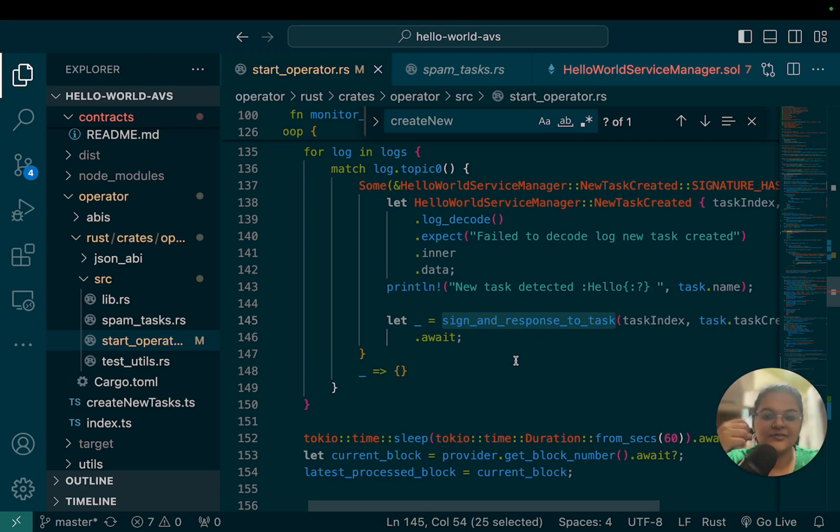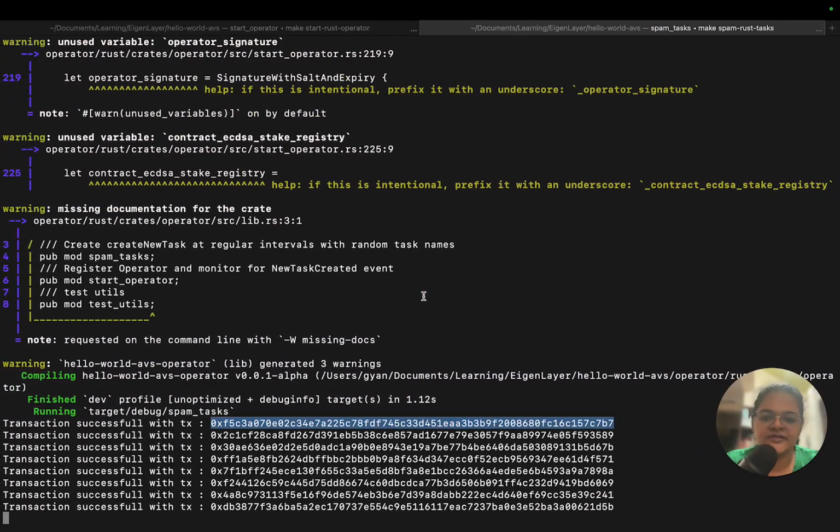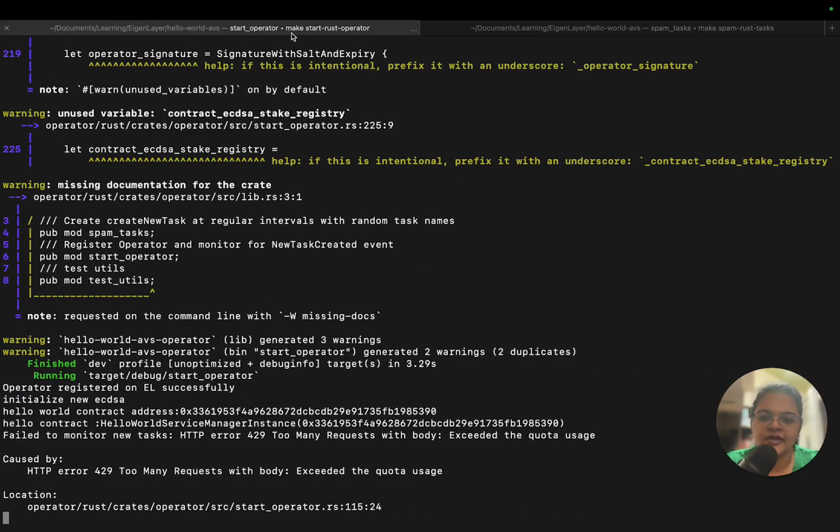Of course, you can build something more complex like adding oracles like price feeds and getting the operators to actually get the current price feed, sign it off and send it to the AVS, and different interesting things like that. So it really opens up the door to do a lot of cool stuff,